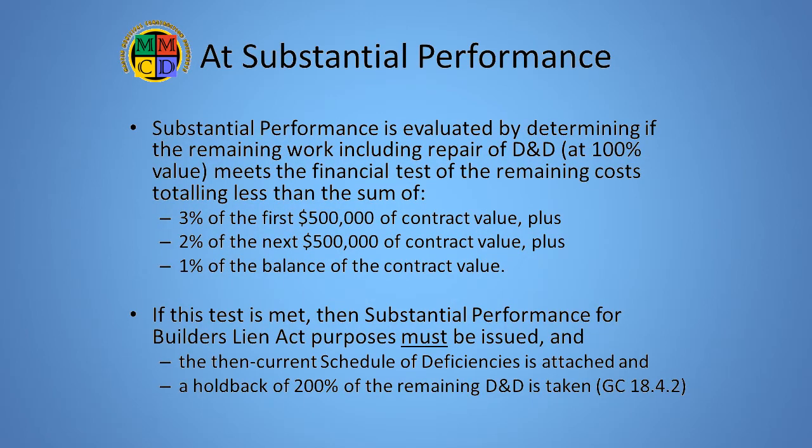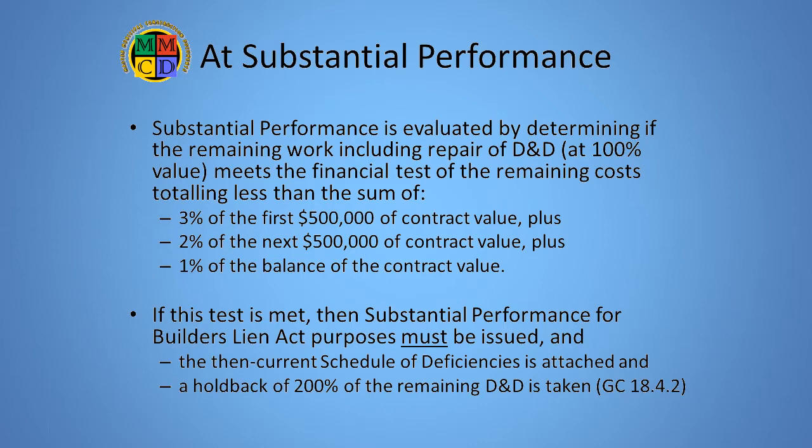When the contractor applies for substantial performance, the CA must inspect the work and finalize the deficiency list, and that list is now complete with the estimated values for the remediation of each item. This estimate should be at the 100% level of cost to rectify. Then, the test for substantial performance is calculated based on the total of the deficiency list values. If that value is less than the limit specified by the Builder's Lien Act, as shown here, the certificate must be granted and the lien clock starts to run.